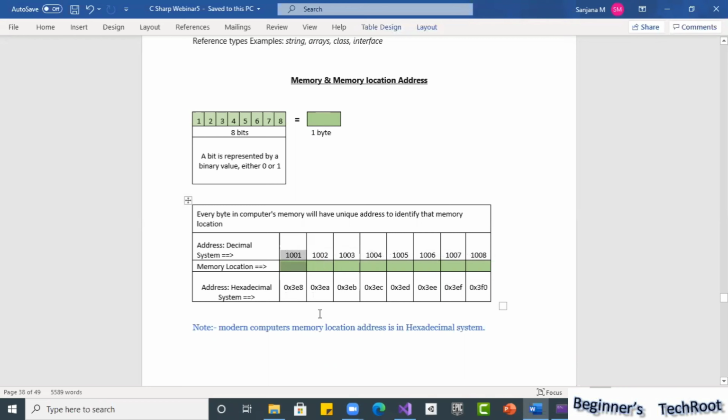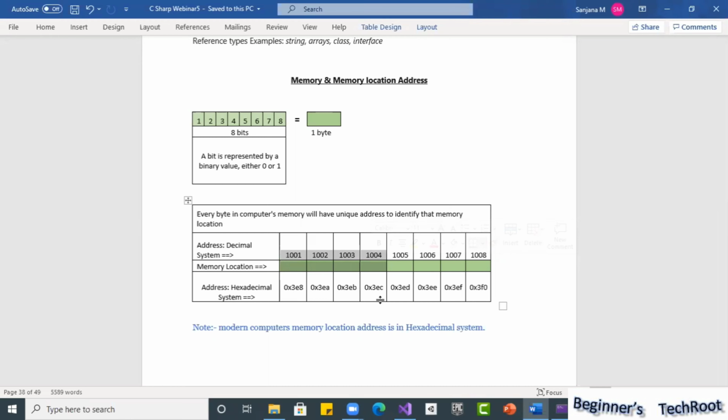This is available memory. For example, if you define an integer variable, it needs 4 bytes. So what happens? It allocates all these 4 bytes in memory, 1001, 2, 3, 4, for an integer data type.